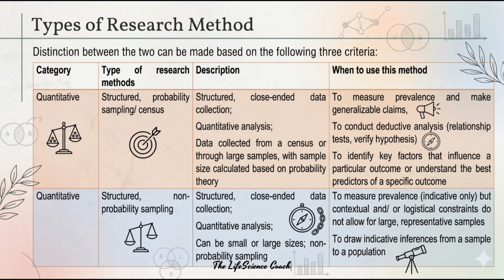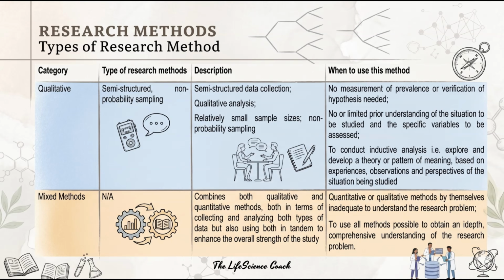Choosing the right method depends on the objectives of the study and the conditions under which the research is being conducted. Another important type of research method is qualitative research. This method mainly uses semi-structured data collection techniques such as interviews, discussions, and observations. Unlike quantitative research, qualitative research usually works with smaller sample sizes and non-probability sampling methods. The main goal here is not to measure numbers or test hypotheses, but to deeply understand people's experiences, opinions, behaviors,